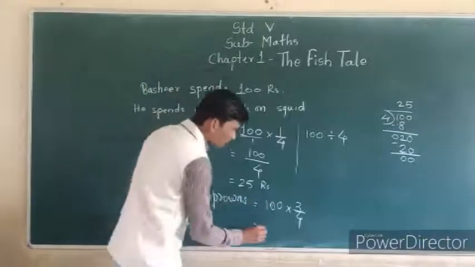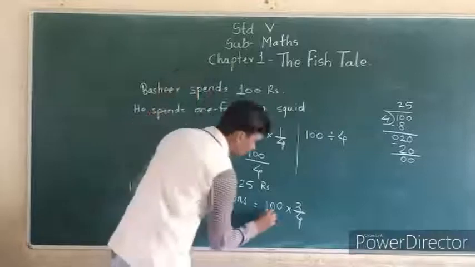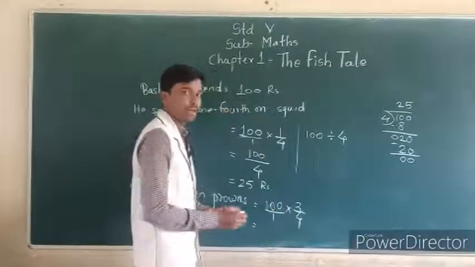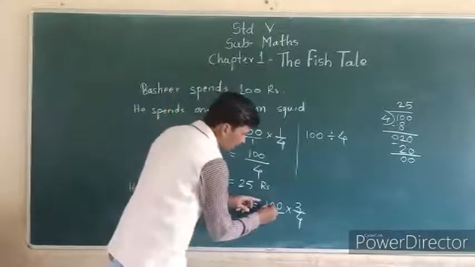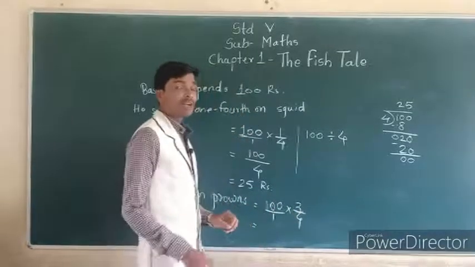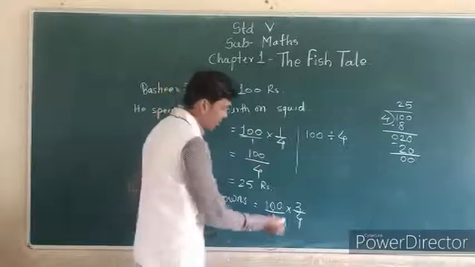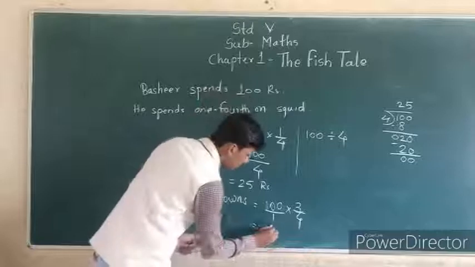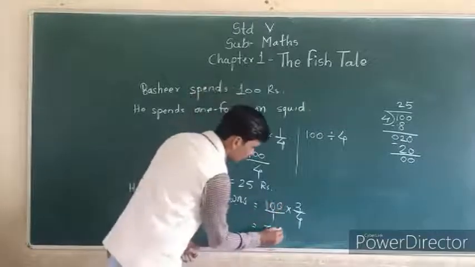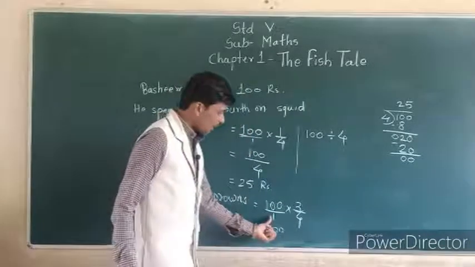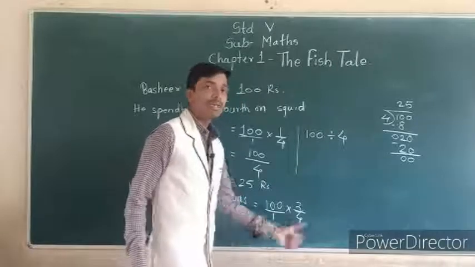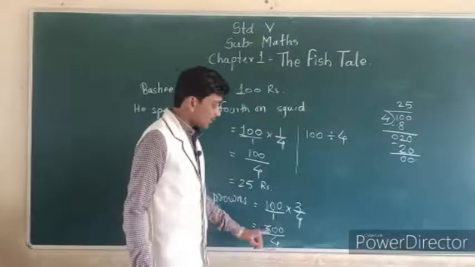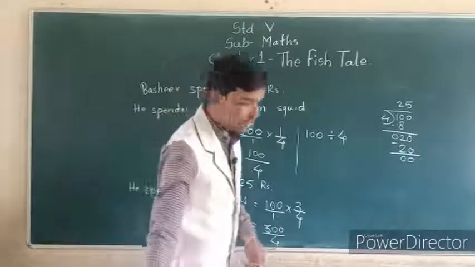See, here also you can do multiplication. Here the denominator is 1, you know. We have to multiply numerators and denominators. 100 multiplied by 3. How to do this multiplication? Only multiply 1 and 3. 3 ones are 3, and write the two 0s, so your answer is 300. And 1 multiplied by 4 means 4, so you can divide 300 by 4. Do this division.